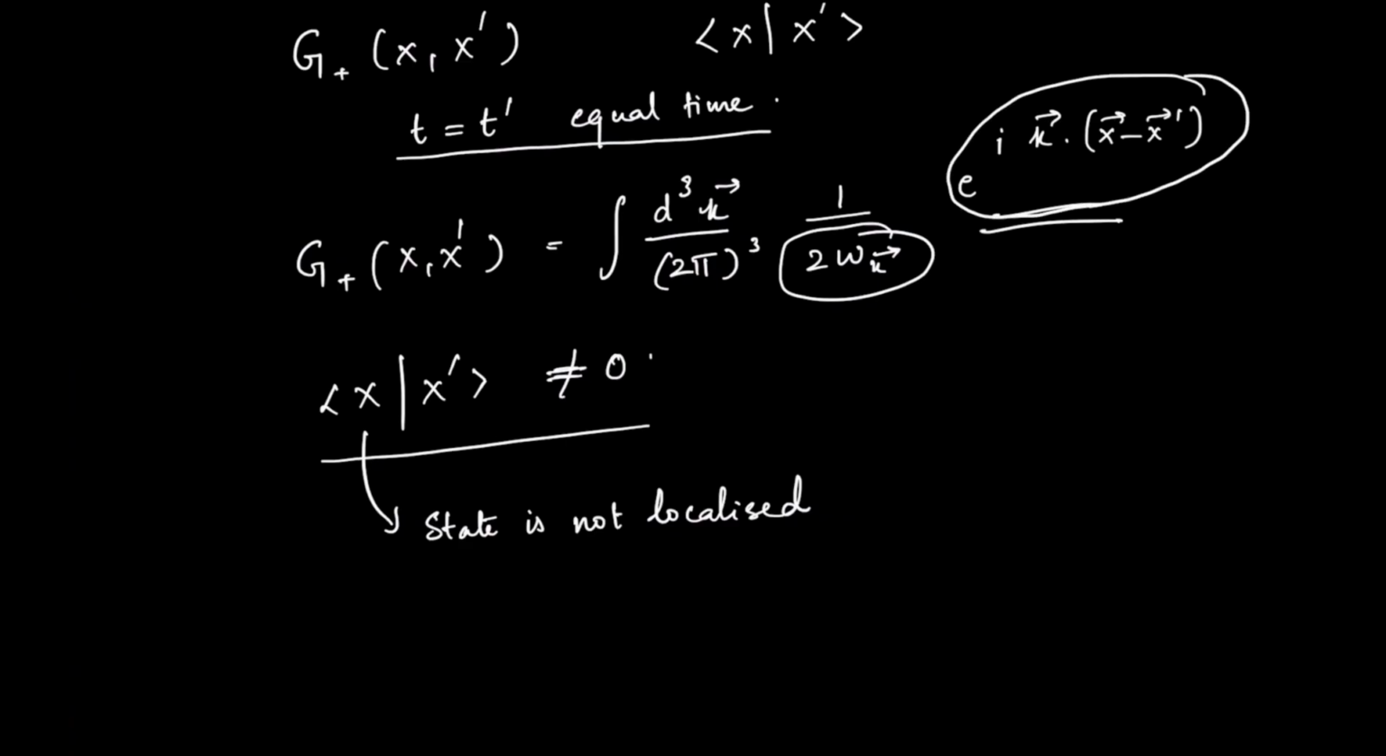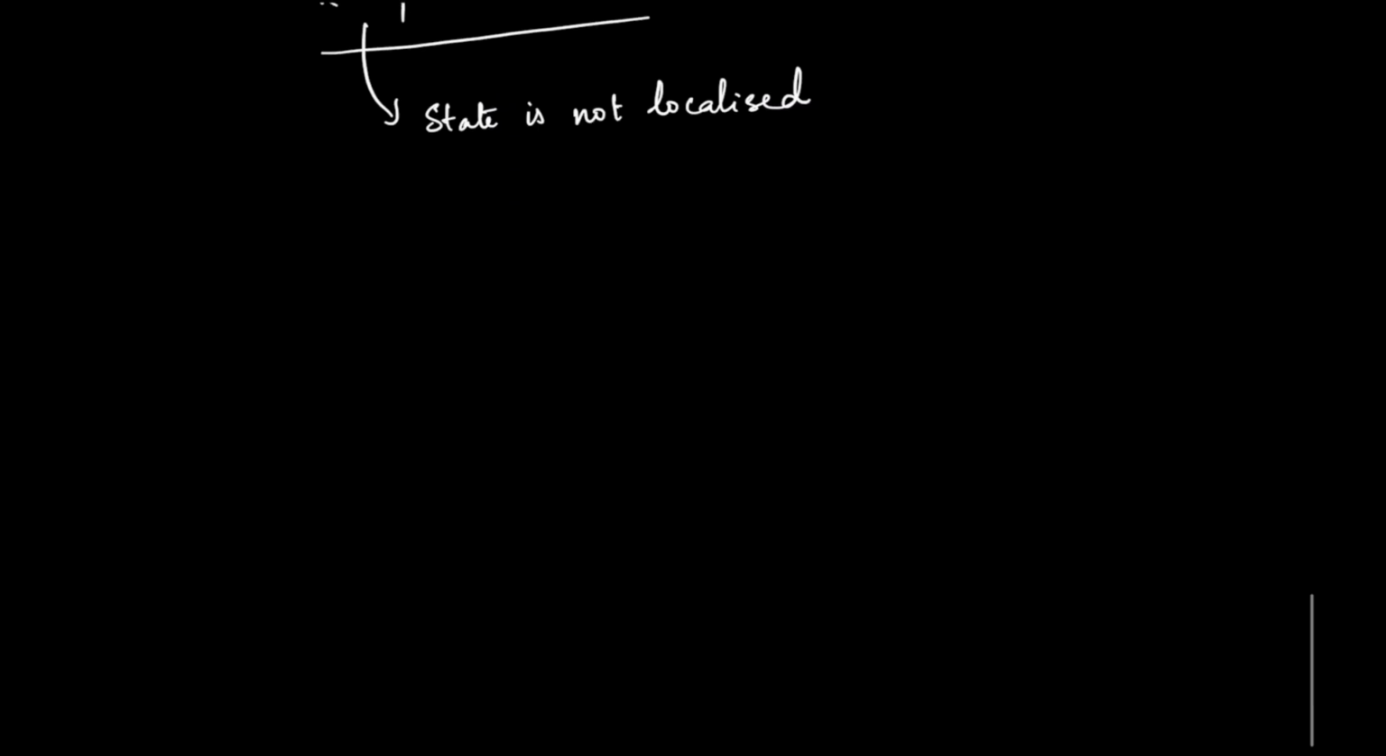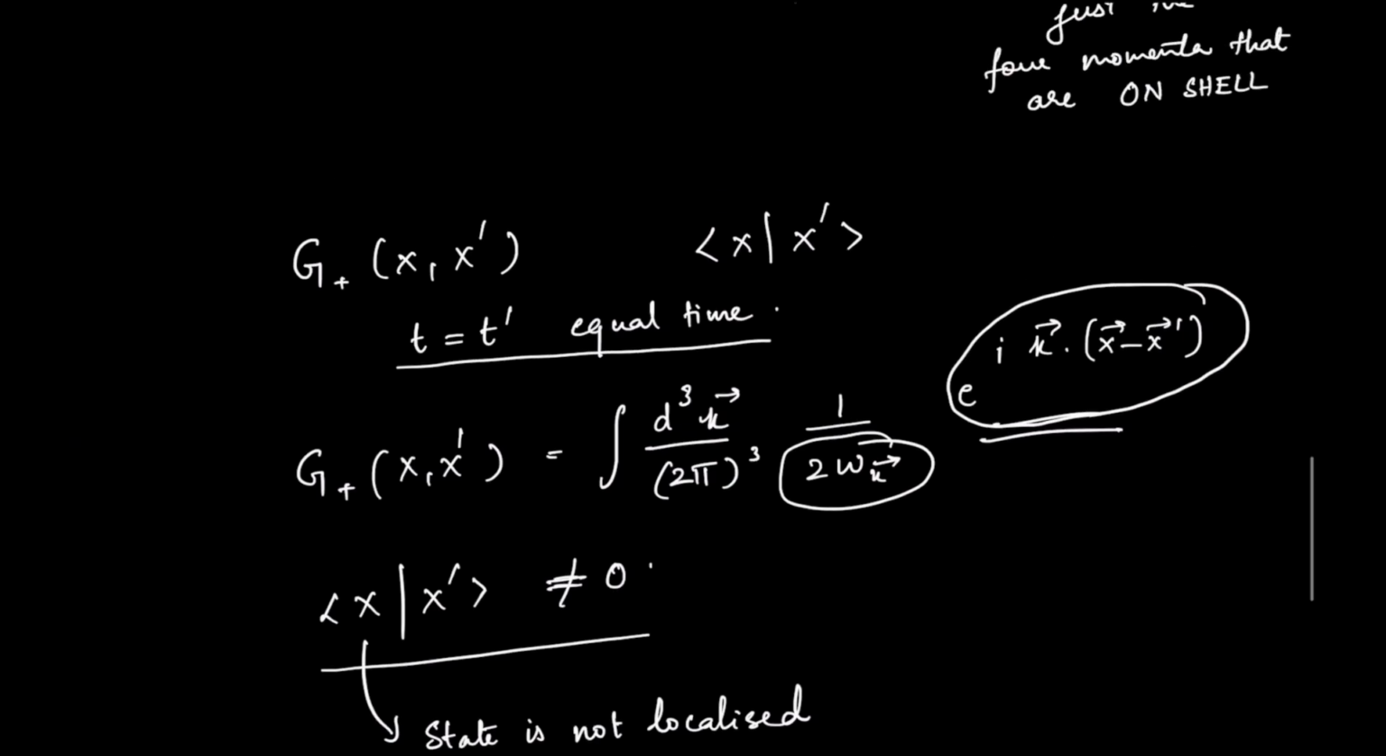So it depends only on the separation between x and x prime. Suppose I write the separation between them as r equal to x minus x prime. Let this be the separation between x and x prime. Then the integral will be g plus of r. The integral will be proportional to the modified Bessel function. See here,